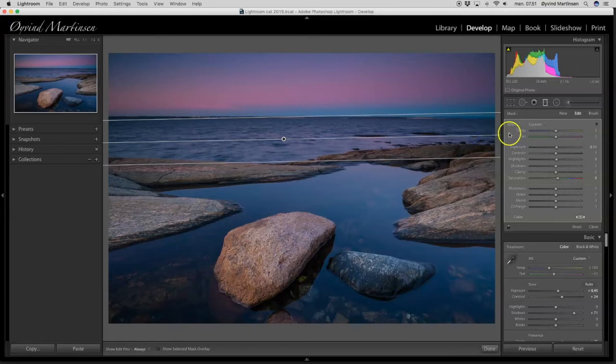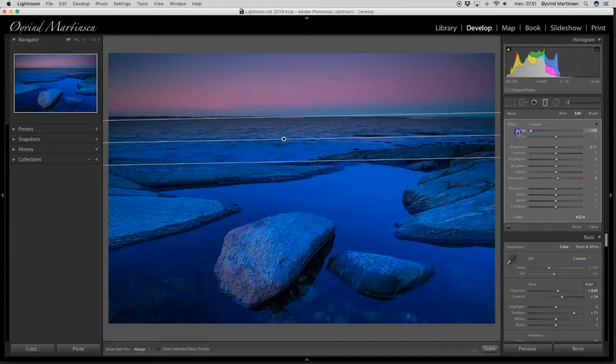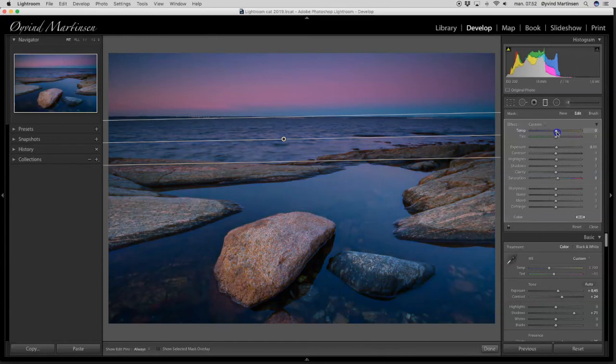Do it like this. So I want warmer tones on the foreground. Then I go to the color temperature and I drag it a little bit to the right. You see here, this is too much, this is too cold. So a little bit to the right, so I get more the colors of the rock. I want the colors of the rock to pop in a little bit more. Now,